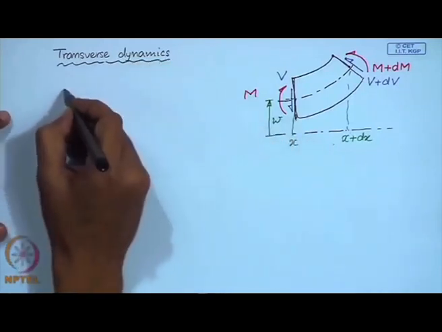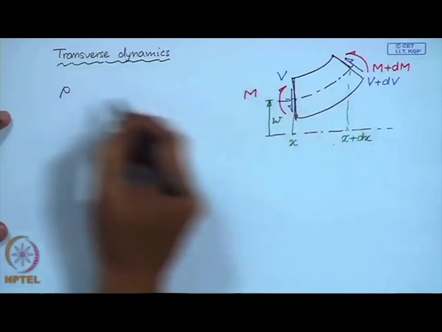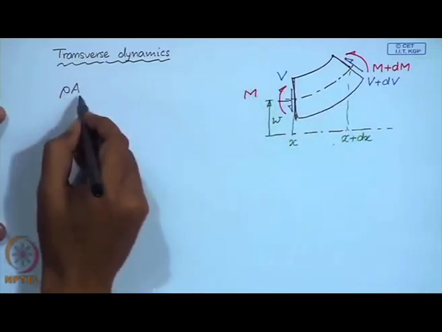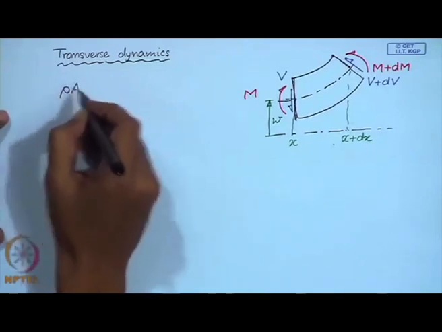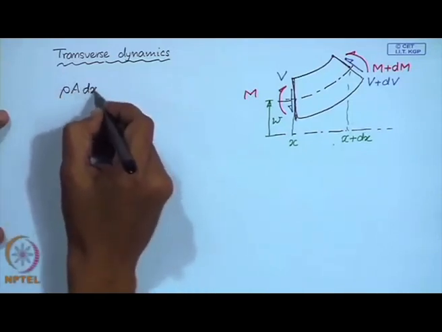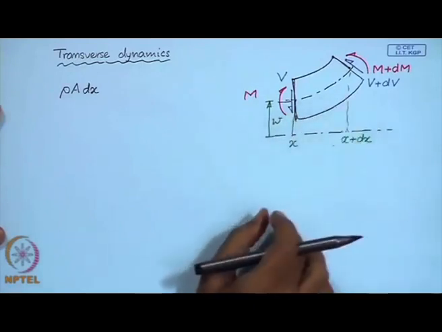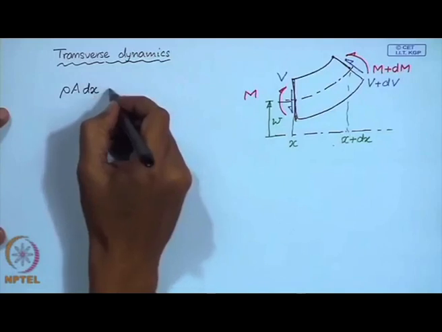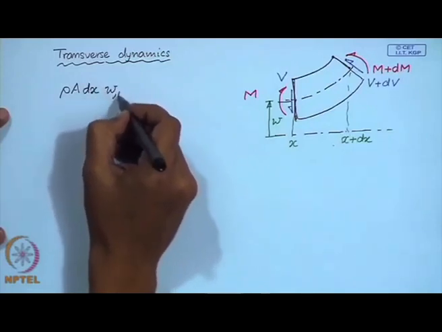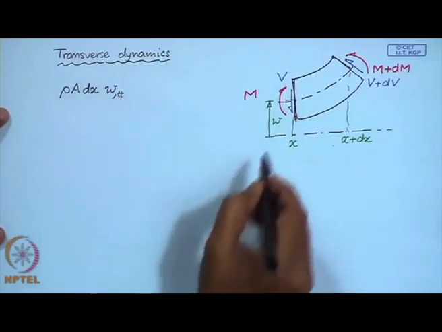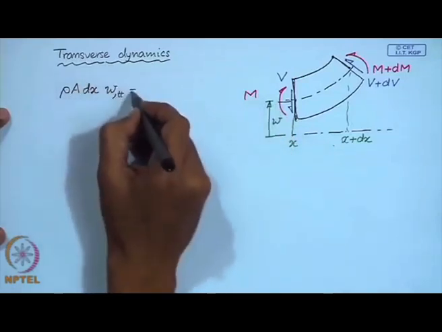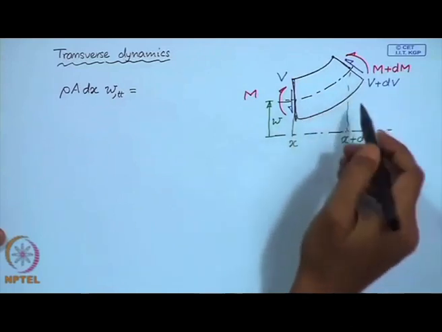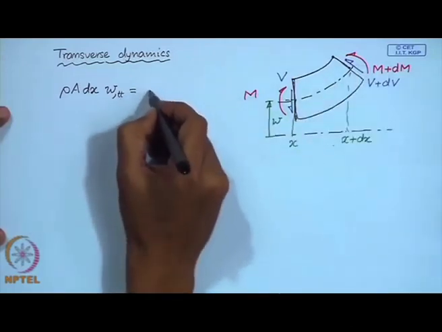so if rho is the density of this material, A is the area of cross section, then rho times A is the mass per unit length, times dx, which is the length of this element, is the mass of this little element multiplied by the acceleration, and that must be equal to. So, here again considering that the slopes are small, we can write this as